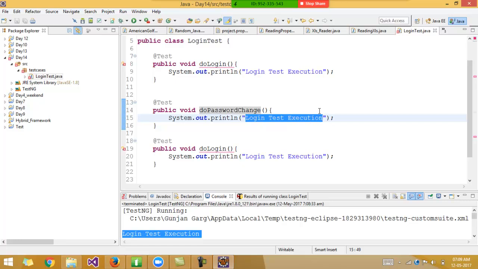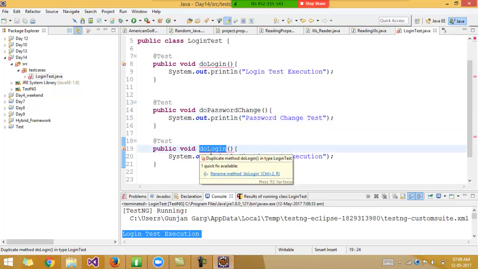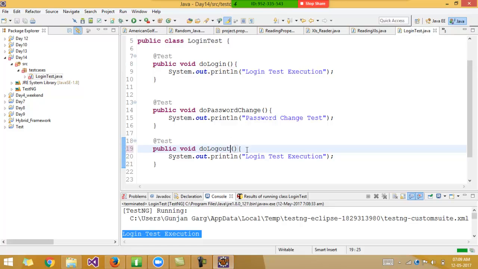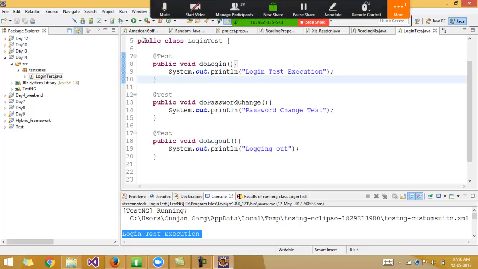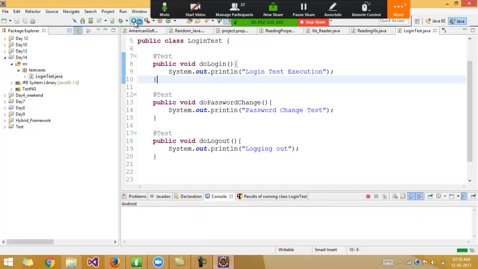So you can write over here password change test, and then do logout, and you can write over here logging out. You can have 3 test functions. And when you run this,